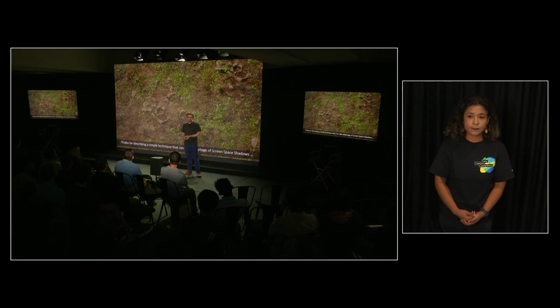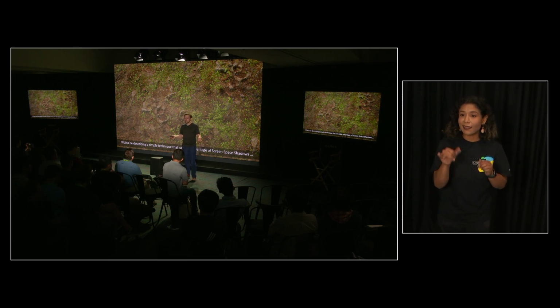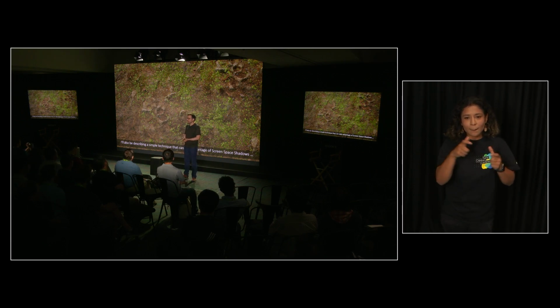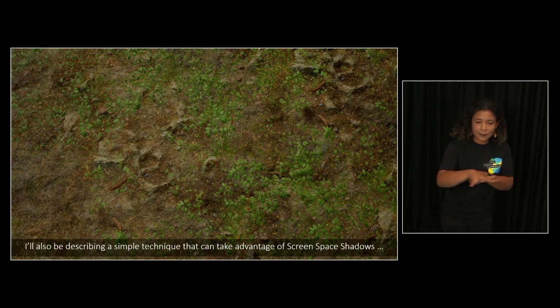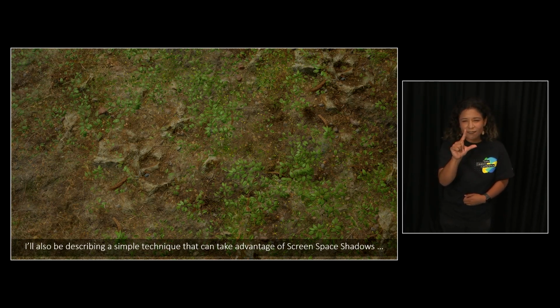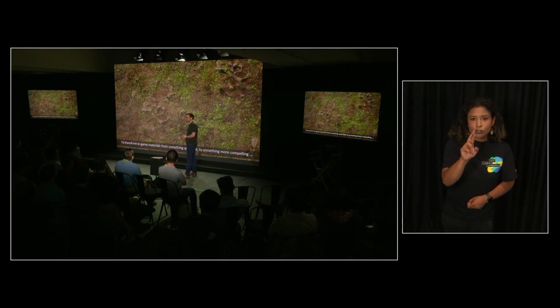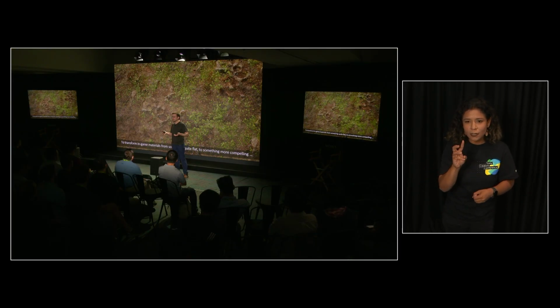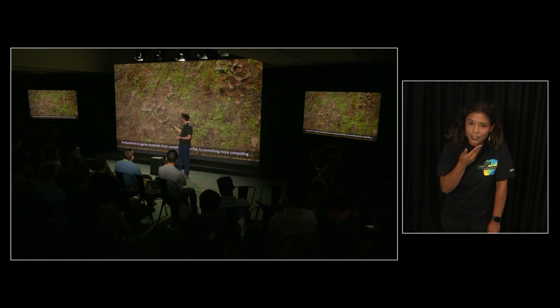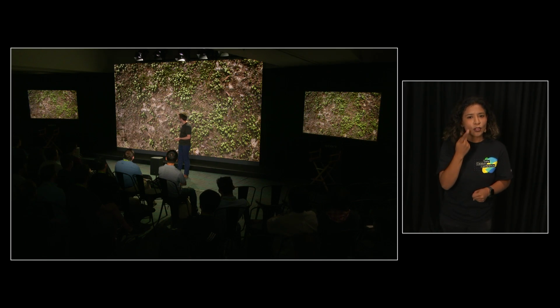Additionally, one of the things that came out of having a robust screen space shadow system was surprisingly unexpected. You may all be familiar with this. This is what a typical in-game material looks like if you light it with a single light direction. It all looks a bit flat. So later in this presentation, I'm also going to be showing you a very simple technique that we used, that can exploit screen space shadows to make them look significantly better, pull out a lot of detail, and make them quite a bit more compelling.